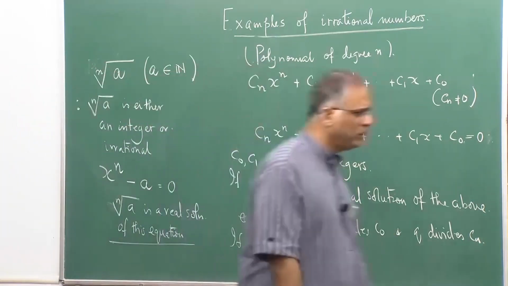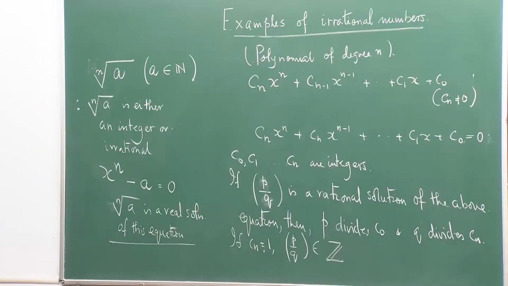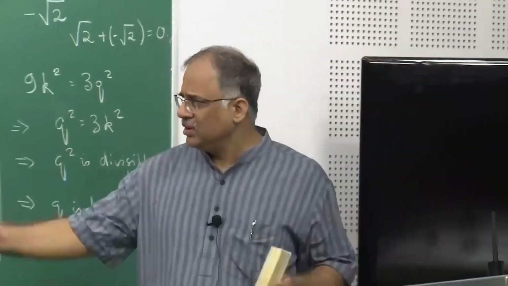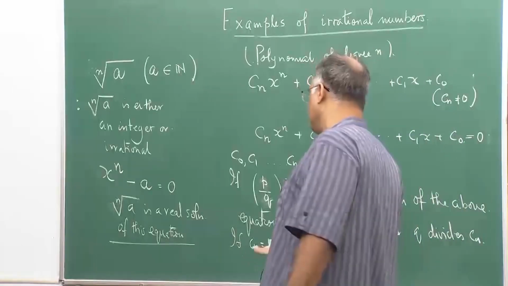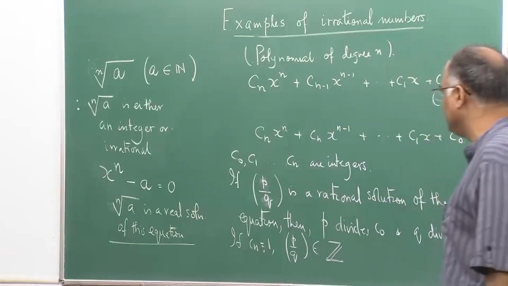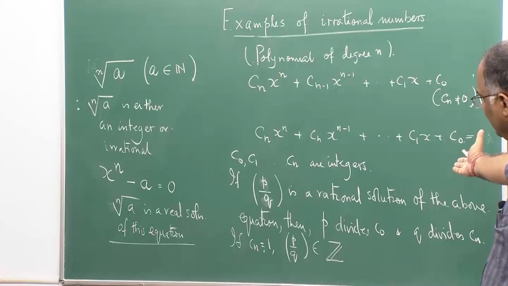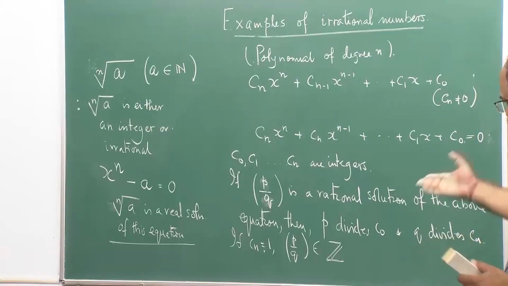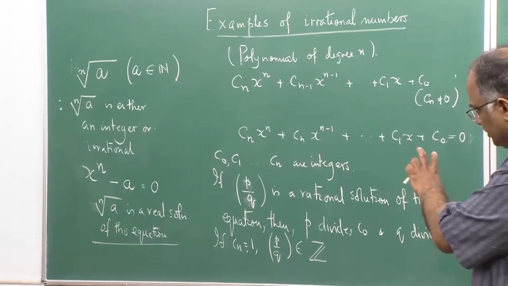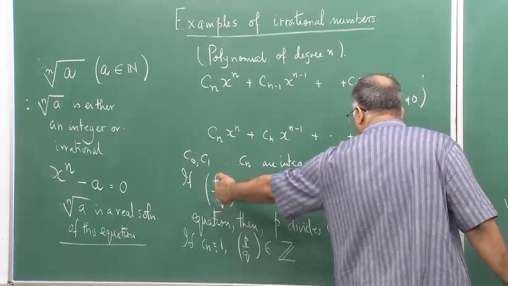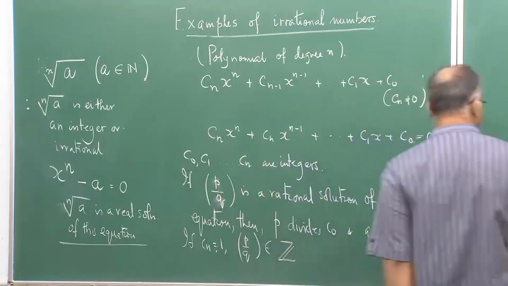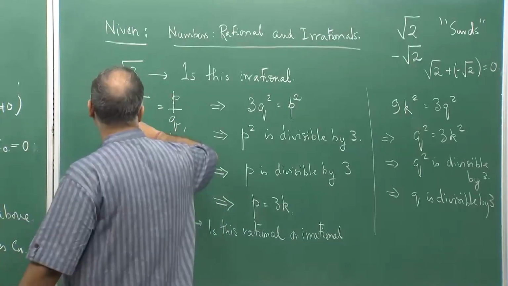To prove this, you need some stuff which is in the notes, which I will not get to in the class, because we are obviously constrained with our time. We have maybe 5-10 minutes left. So, here is something you have: the information that if there is a rational solution, then P behaves in some way and Q behaves in some way. Now